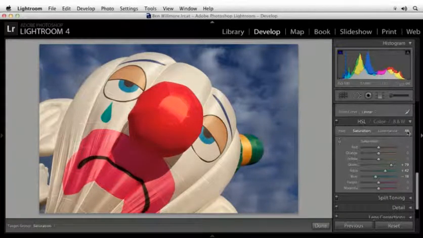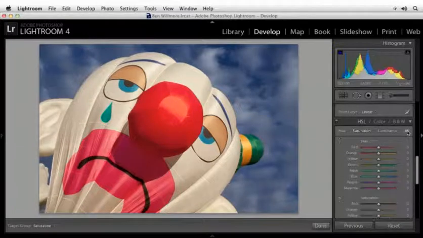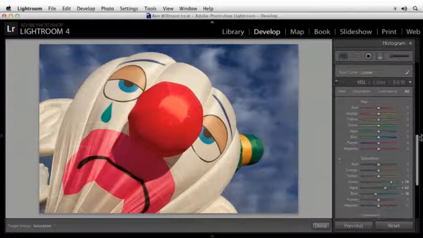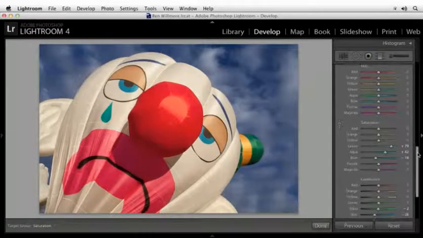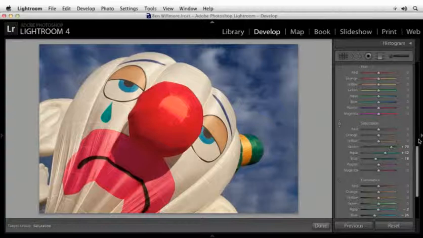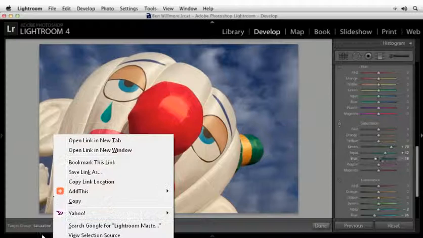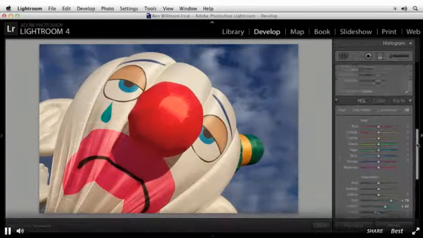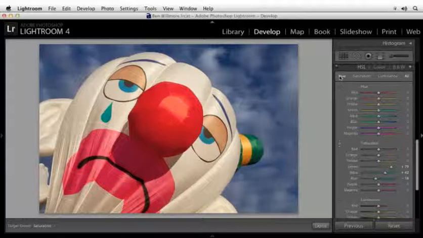Then you have the choice of All on the right side, and all that does is show you all of these sliders as a series. If I collapse down my histogram, it might be easier to see it, but it'll show you all the hue sliders, then all the saturation sliders, and then all of the luminance sliders. I find that to be useful when an image has already been adjusted and I'm going back and reviewing these images and saying, what did I do in this image? What did I do in that one? Instead of having to click between the three tabs of hue, saturation, and luminance, I can see them all together here to see what has been shifted and what hasn't. And if I want to reset any of them, I can just double click on any of them to do so. So you have hue, saturation, luminance,